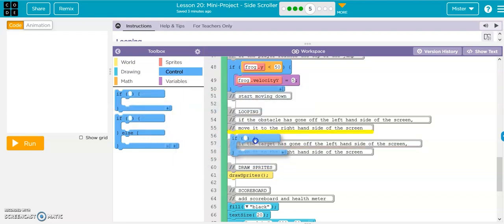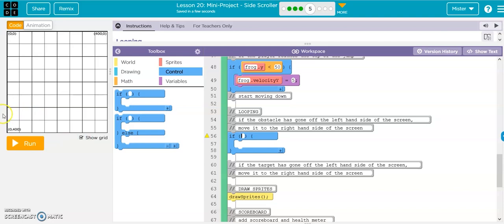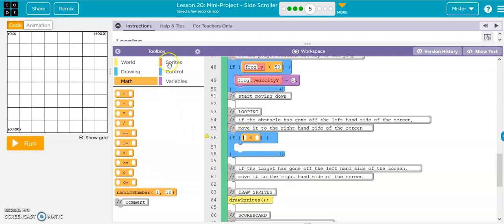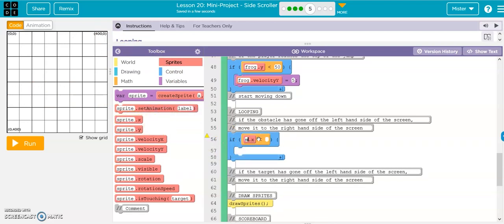If the mushroom has gone off, so that would be like over here, which would be, this is 0, so that would be like negative. So if it goes less than, because that's negative, if the mushroom on the X, because right, we're going left and right, if the mushroom X is less than 0, right? So it's going off as soon as it hits off the game board. Then we're going to move it